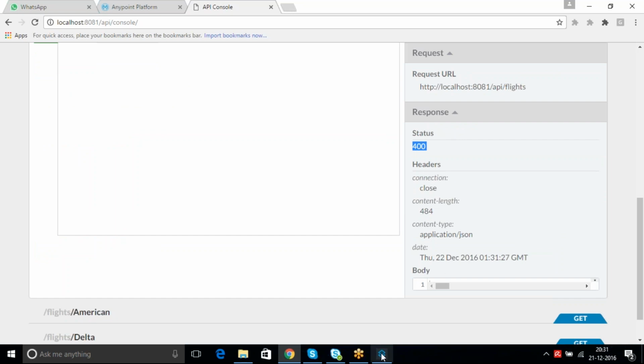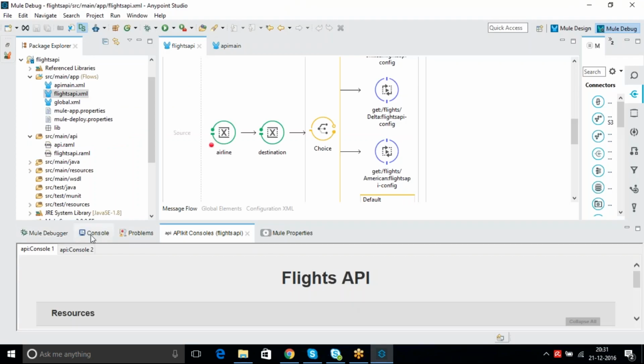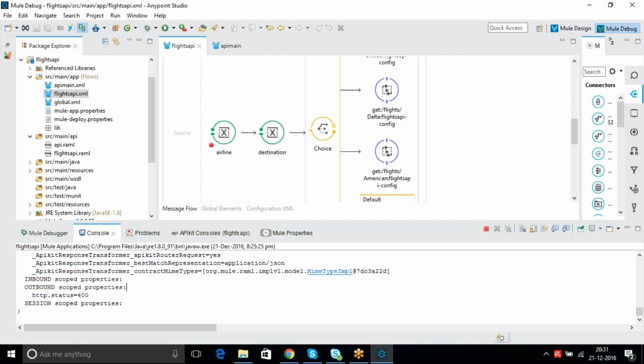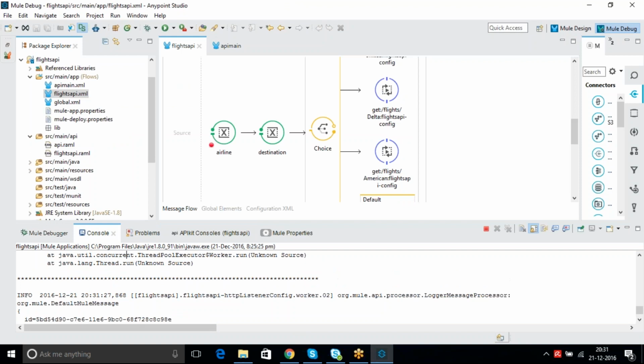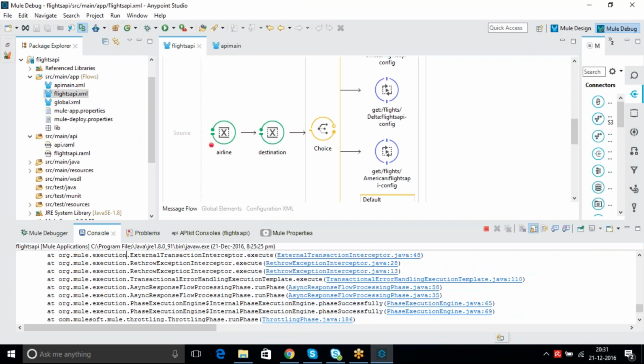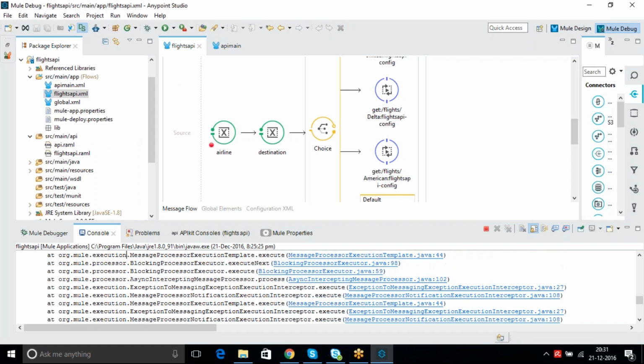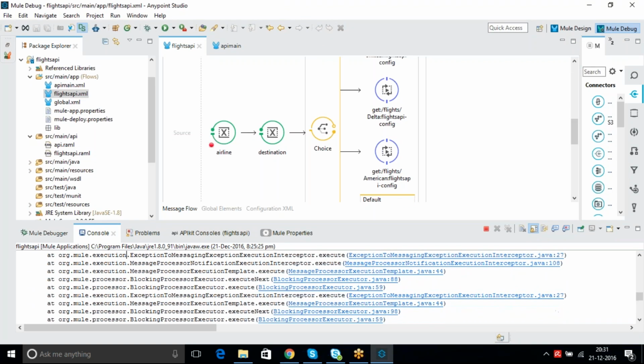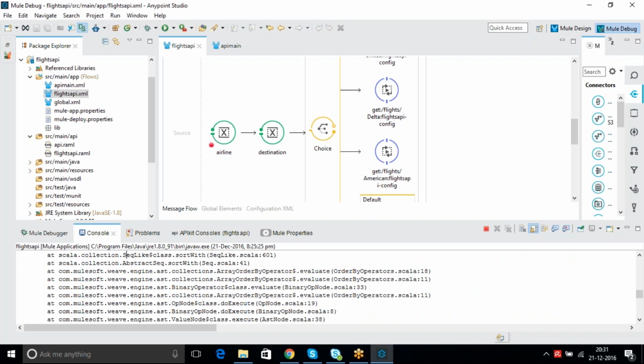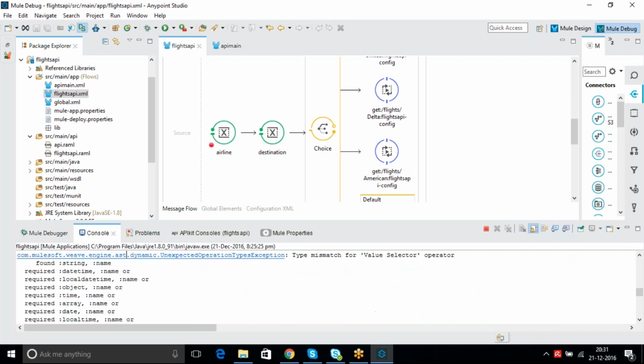Getting 400 error. Let's see what the error is inside the console. So let's go up and you can see the exact error.